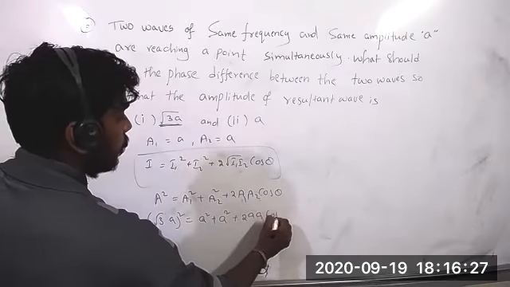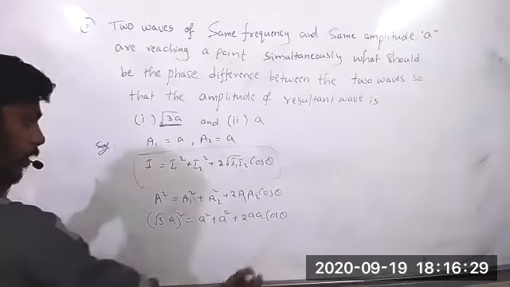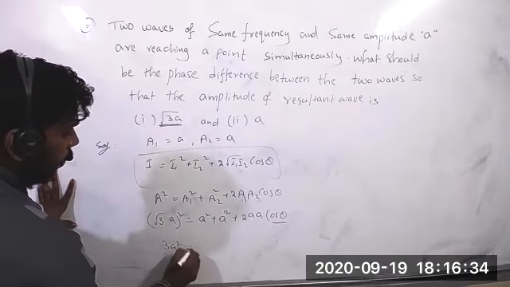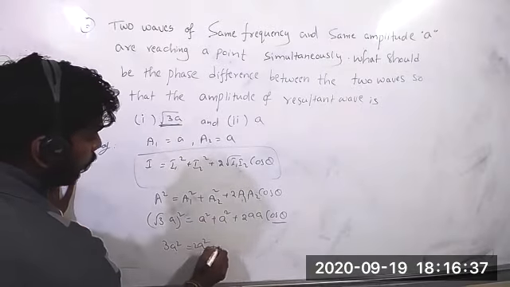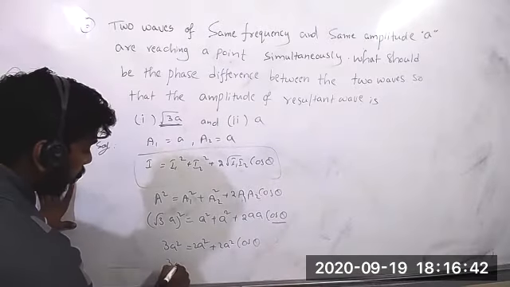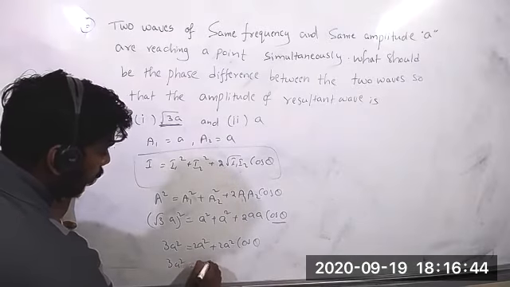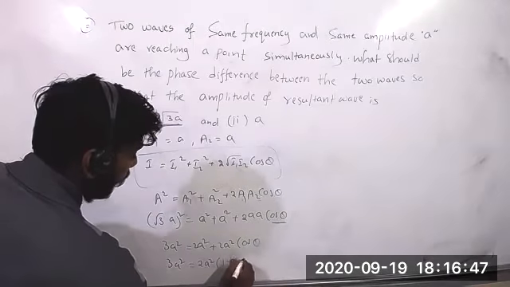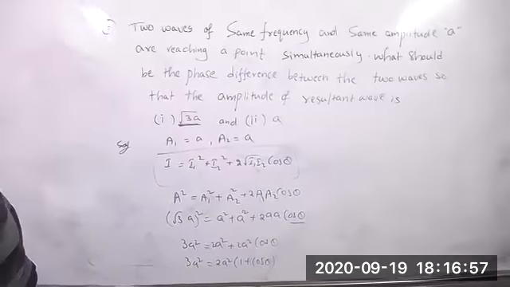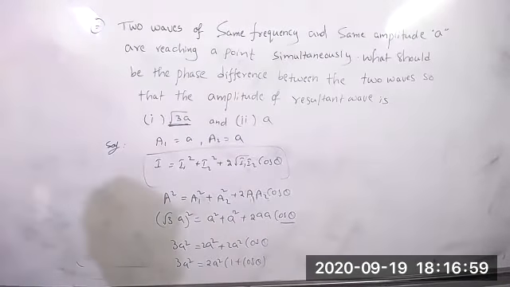2a square cos theta. So here what we have to calculate is, what is the cos theta here? 3a square equal to 2a square plus 2a square cos theta. 3a square equal to 2a square, we can take common 1 plus cos theta. 1 plus cos theta, how much can we write? So can you bring the camera down?